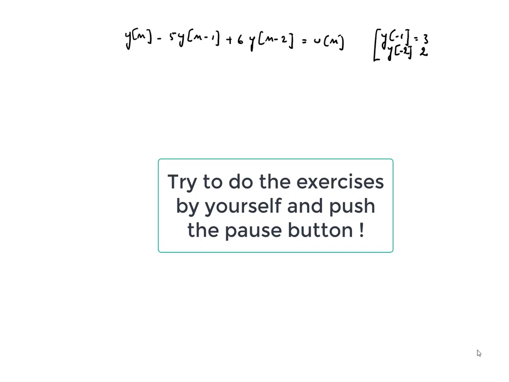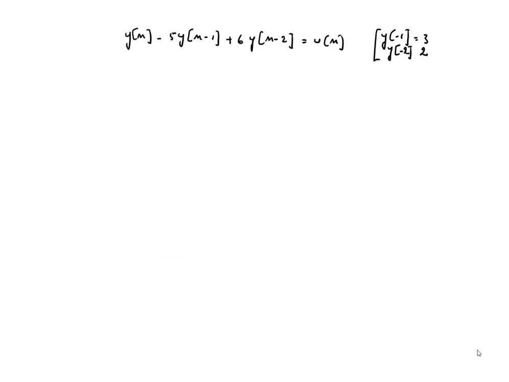So in this video we'll do a few exercises on the z transform, and the first thing that we'll do here is solve a difference equation with a shift to the right by 1 and by 2. So the first thing that we have to do is to go to the z domain, of course. So we'll have y of z minus 5 times, then we have to take the z transform of this one, so it will be z minus 1 y of z, and we'll have to add